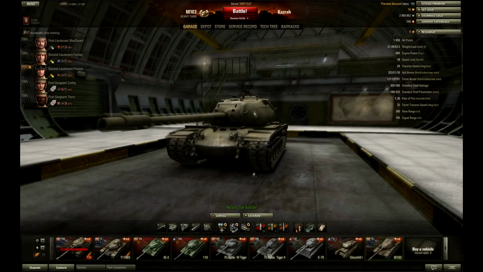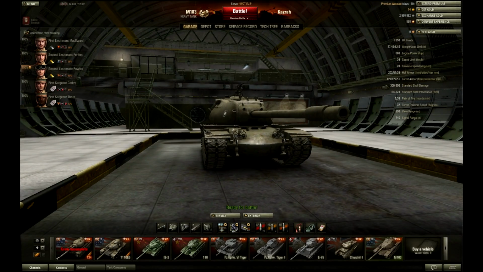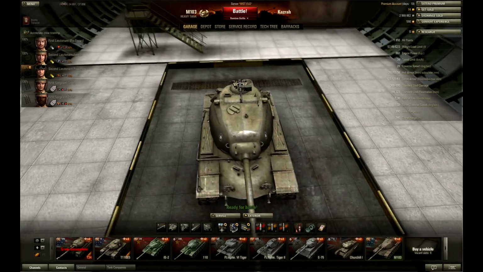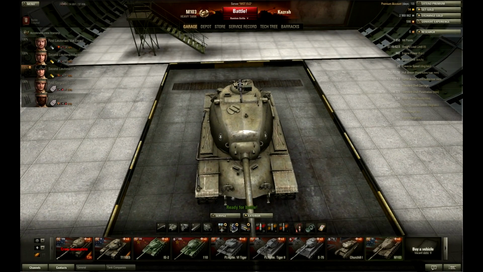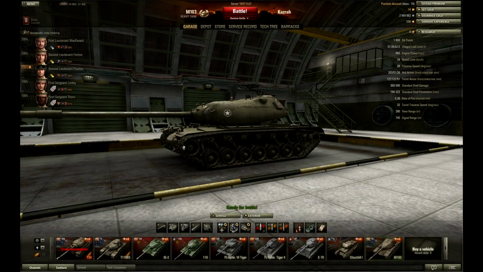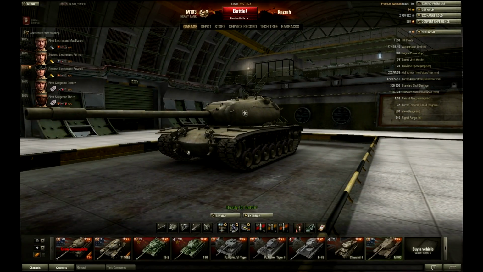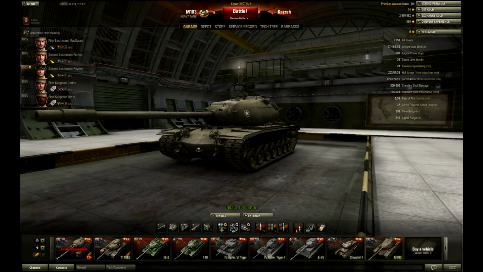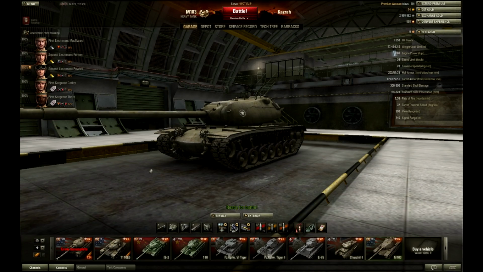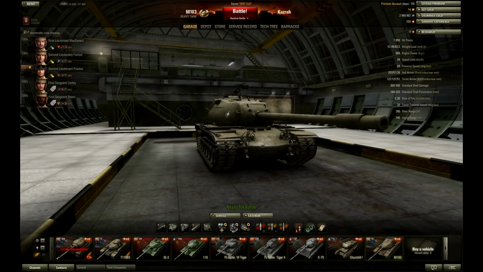Basically, the hull of the M103 is very sturdy. Most people will try to hit your lower plate, but you can see the lower plate is curved, like this. And the same goes for the whole lower plate, it's also curved. So if you're shooting here from some kind of a weird angle, you're going to bounce. There's quite a lot of bounces going on from the